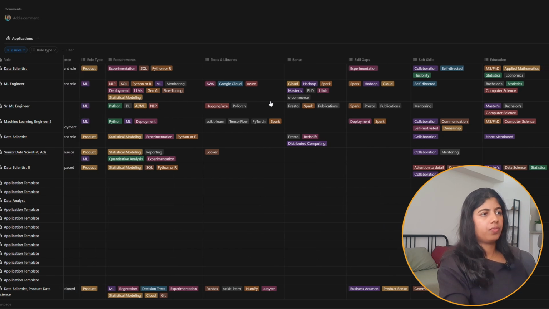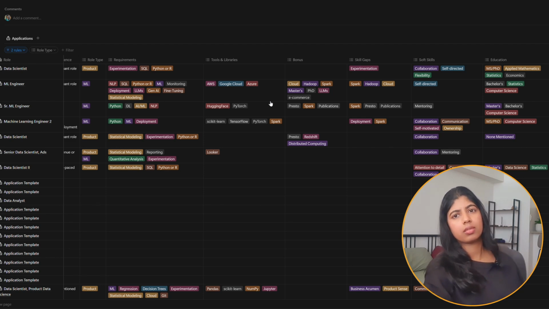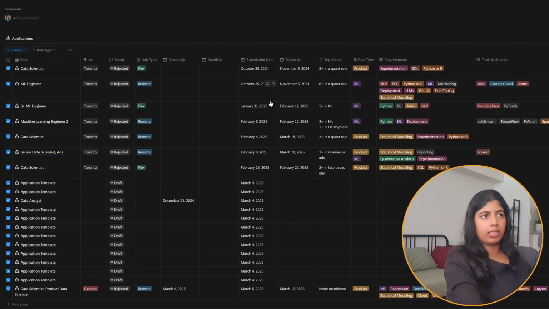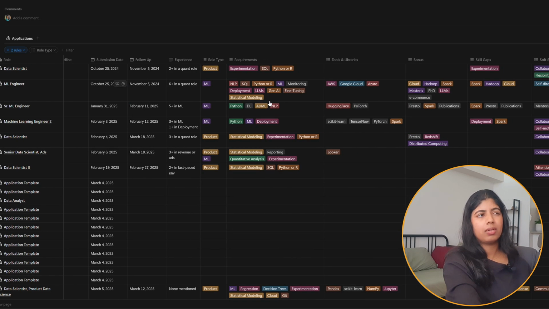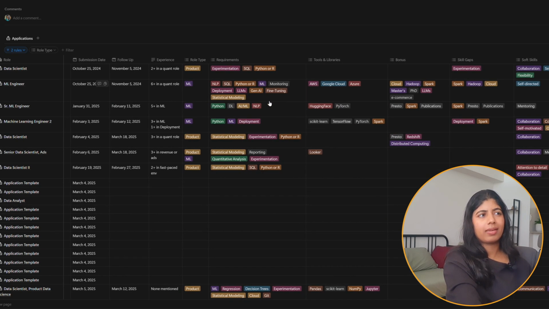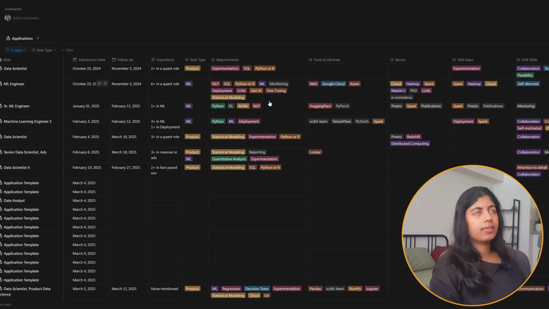Then the work type: there are a lot of flex jobs, remote jobs, and on-site roles. If the on-site opportunity is in Toronto, I don't really care because I live in the city. I can easily commute, but I still prefer a hybrid or flex role. As much as I like interacting with my teammates, it takes a lot of money, effort, and time to commute